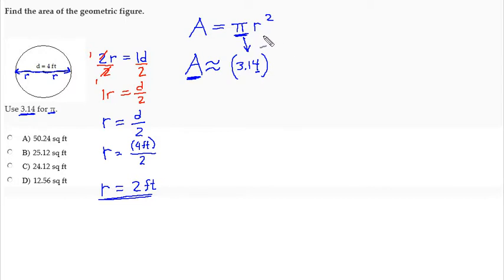Now here comes the r part. When we read A equals pi r squared, when we say the name for the variable r, we write empty parentheses, and then inside of it we're going to put the 2 feet. 2 feet goes up in those parentheses. So we've made our substitution for the components of the formula, and now we are obligated to perform. Of course, when we simplify an expression,